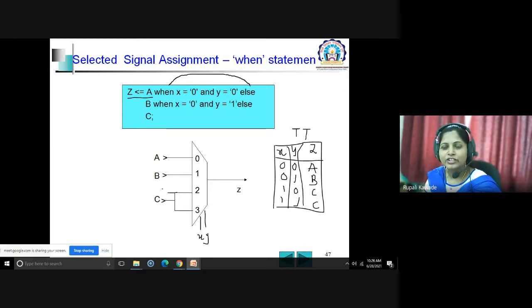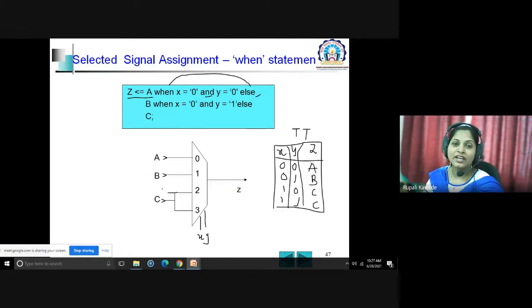You will find these two keywords in this statement: when x equal to 0 and y equal to 0. This and is the logical operator which is combining the two conditions together. We are checking whether x is 0 and y is 0. If both match, then a will be assigned to z.